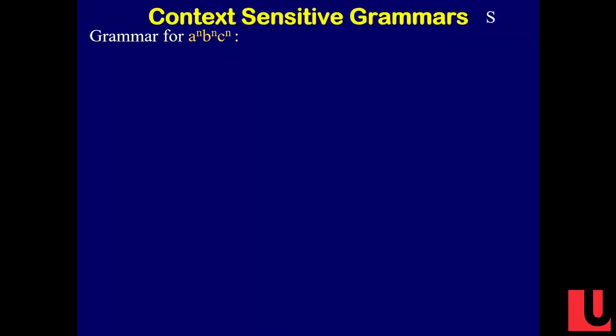A to the B, C to the A to the N, B to the N, C to the N. Is there a context-free grammar for this? No. No, you should know that you can't. I was pulling your leg. All right, why? Because this needs to be linked, and these need to be linked, and these need to be linked, and they all cross over each other. Right? So